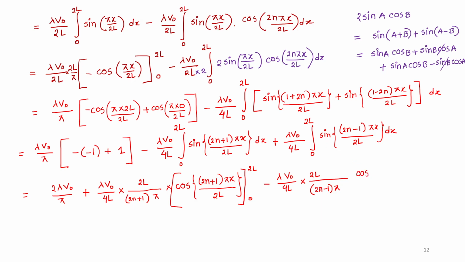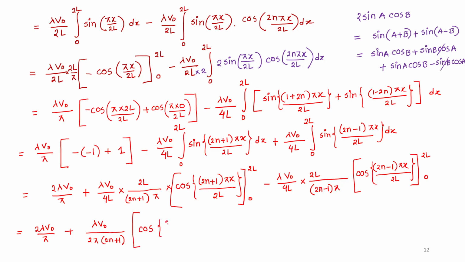So it will give you cos(2n minus 1) pi x by 2L, and the limit is from 2L to 0. So we already have 2 lambda v naught by pi plus, I'll cut some portion because 2L will cut, so we'll have lambda v0, then we have 2 pi (2n plus 1) cos. So when we put 2L here, it will give us